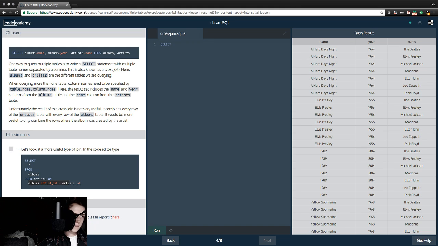It's indented. You know what? Let's do that. We'll indent it. I'm sure it's indented for a reason. Select all from albums. Why is it not going back further? There we go. Join